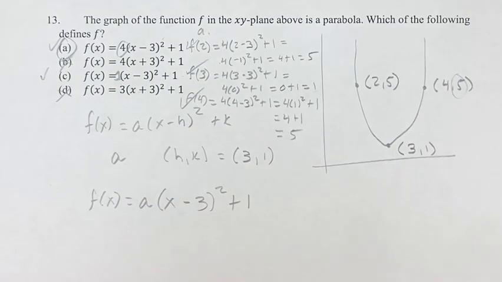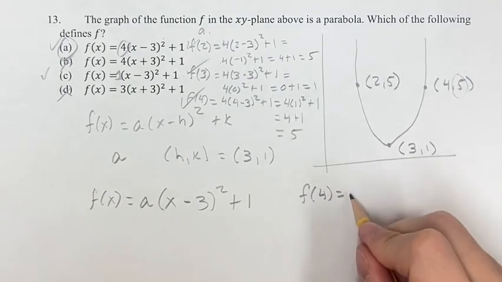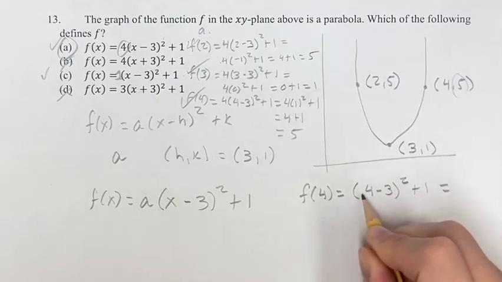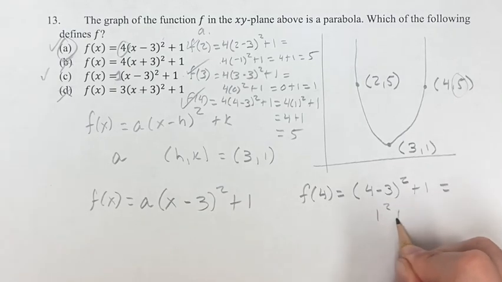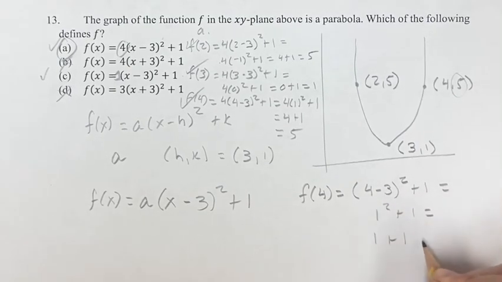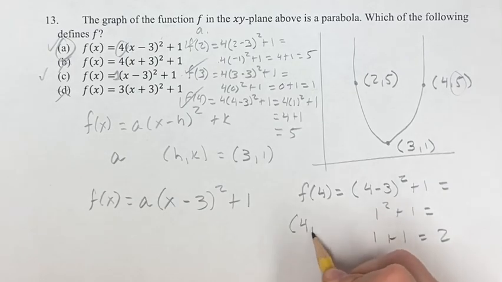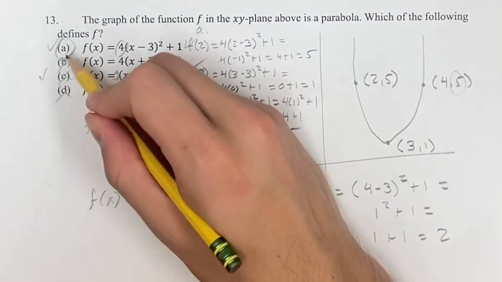How do we know it's not C? Well, on a multiple choice test, if it's A, it can't be C, but we can plug in a point that won't fit. So if we have f of 4 for C, that's going to be (4 minus 3) squared plus 1. 4 minus 3 is 1 squared, which is just 1, plus 1 is equal to 2. f of 4 is 2, so that means the point (4, 2) is on this graph, but we have (4, 5) here. So C is not the answer, and that just